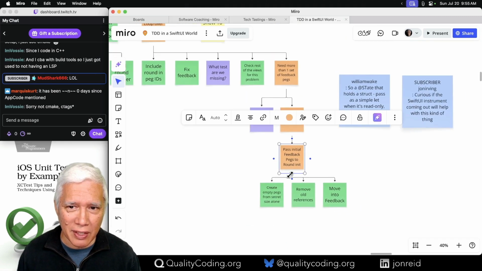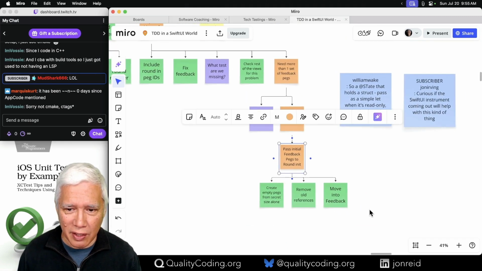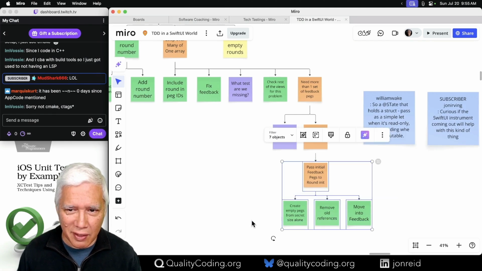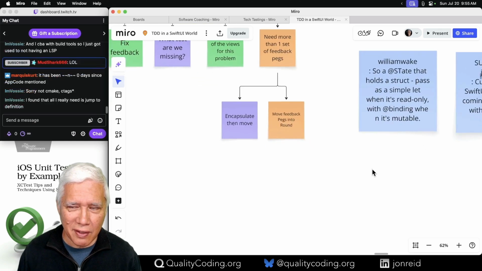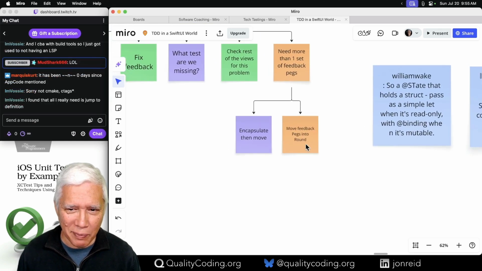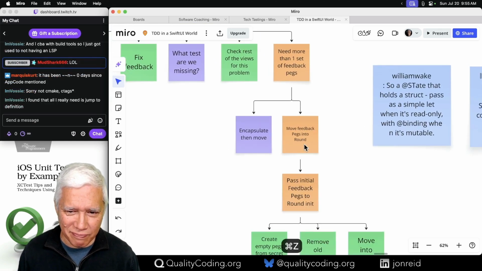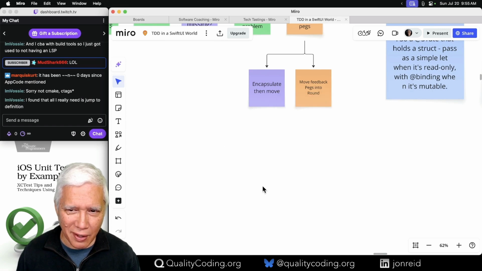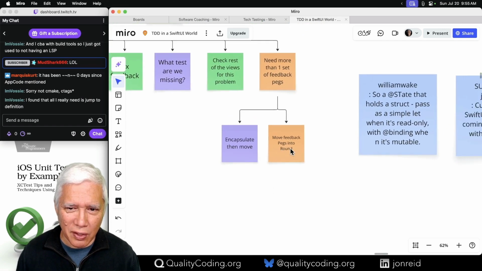Let's come back and clean up our discovery tree. I have not been updating this. We just did a whole lot of stuff here, but I'm just wiping that out because even though we did it, yeah, I want this to be helpful.